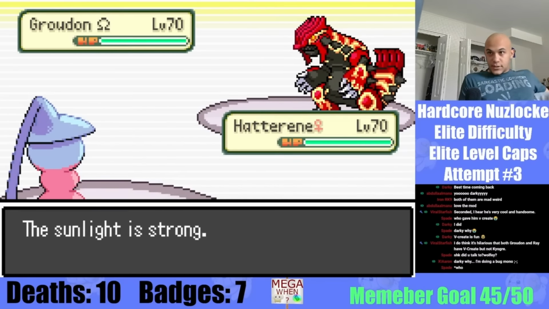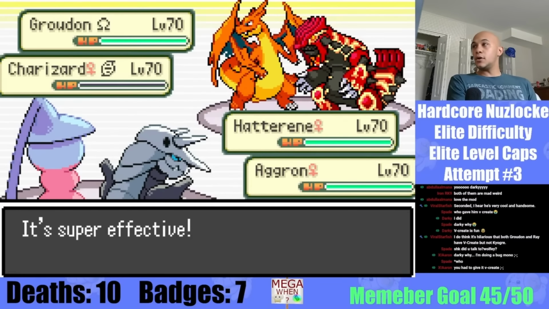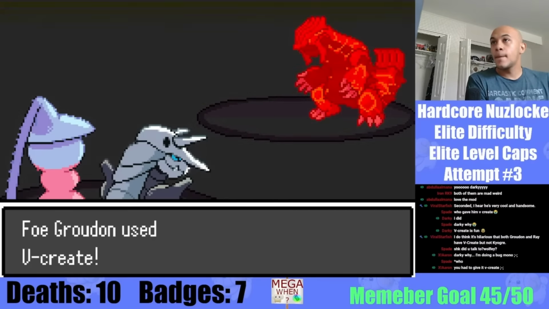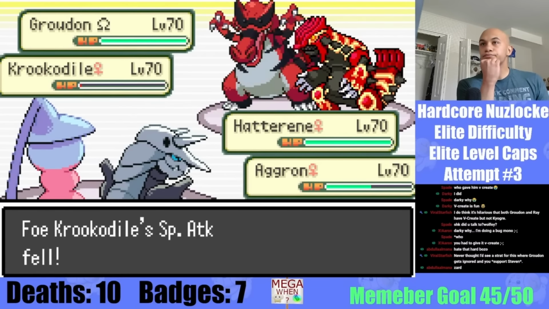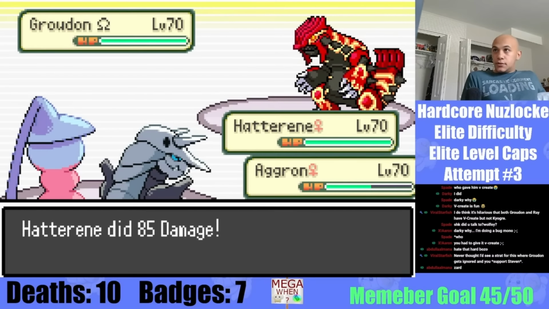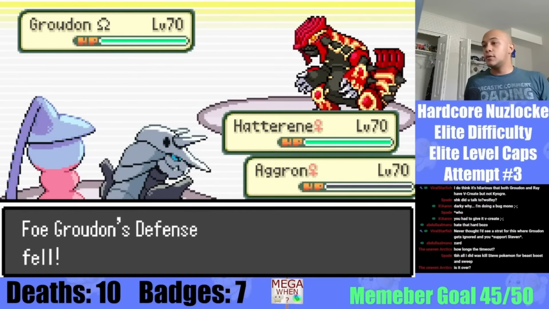Next is the Head Smash, and thanks to Gravity, we'll always take out Charizard. Aggron eats the V-Create. Courtney is down to her last Pokemon, and on the last turn of Trick Room, Moonblast finishes off her team as Aggron dies to V-Create. So now,